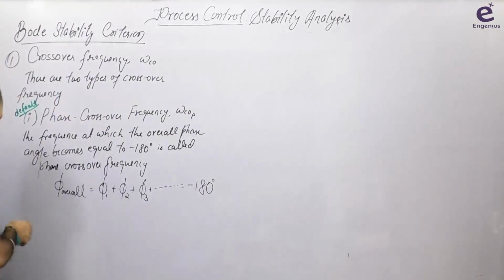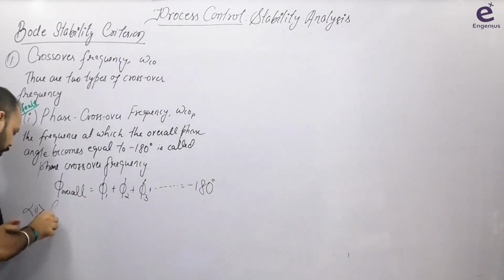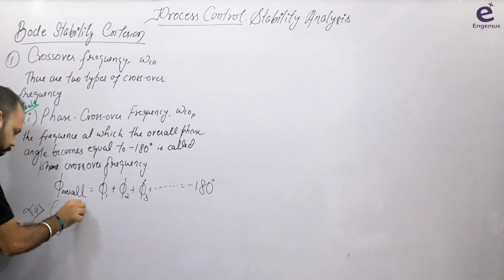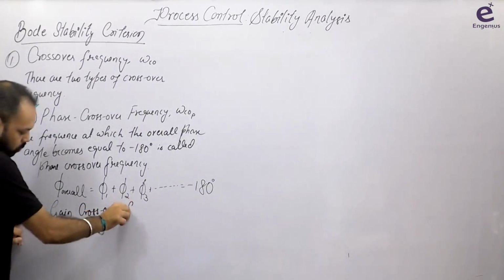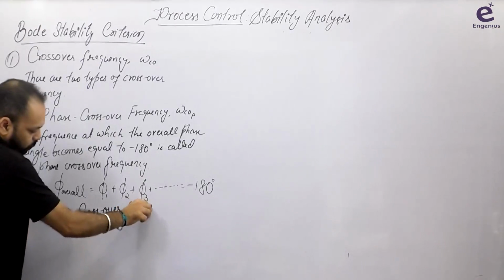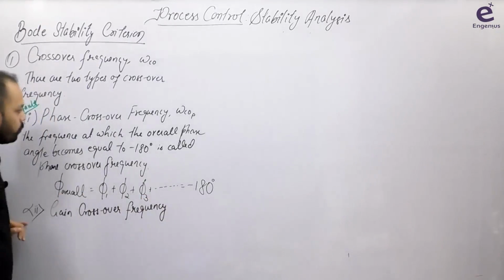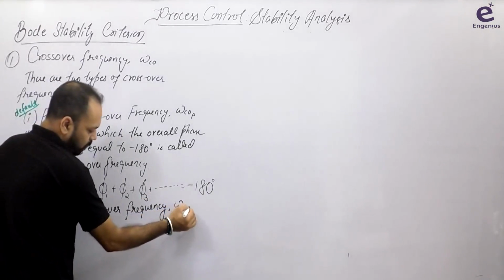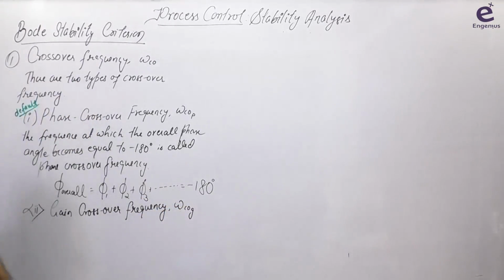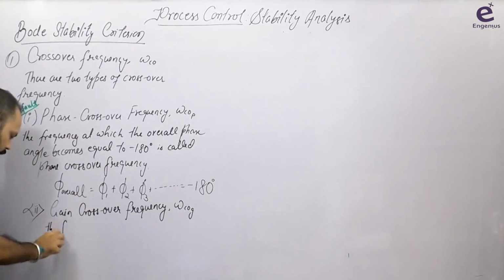Second type, many of you have not heard about this, right? Second type is called gain crossover frequency. Gain crossover frequency, correct? Okay. We will denote this gain crossover frequency as omega CO G. G for gain crossover. What is the definition? The frequency at which